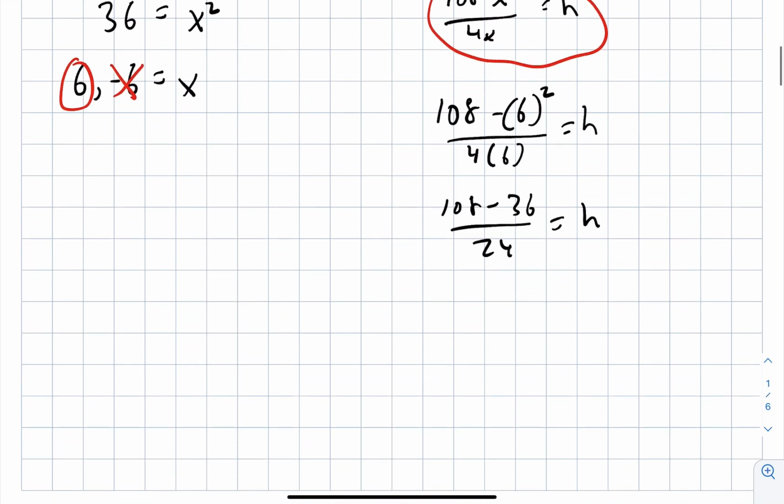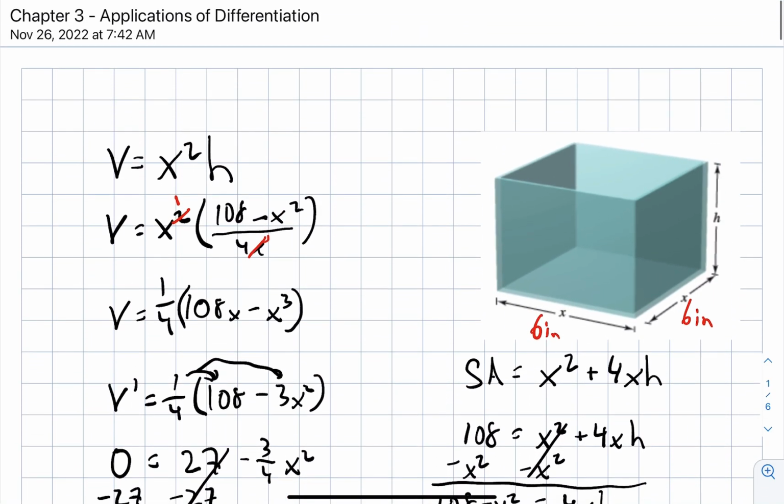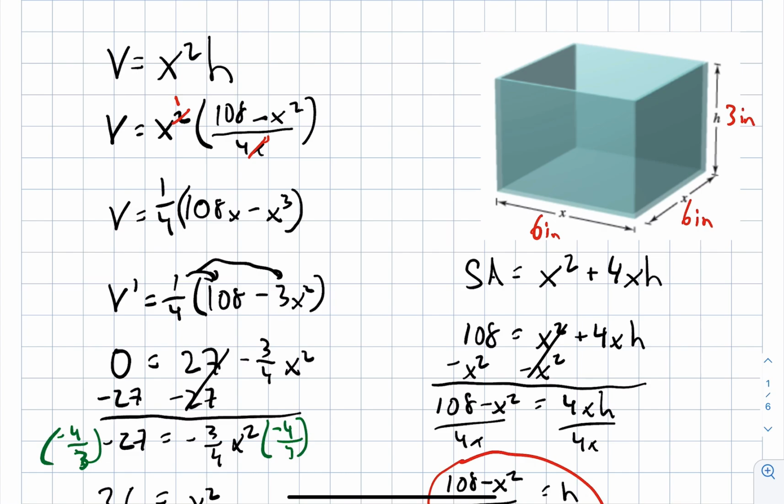And when you do your subtraction and division, we will end up with h equaling 3. Okay, and so what that tells us now is that the dimensions of this box that are going to create the largest volume will have a height of 3 inches. So there we go. So our dimensions then are going to be 6 inches by 6 inches by 3 inches,